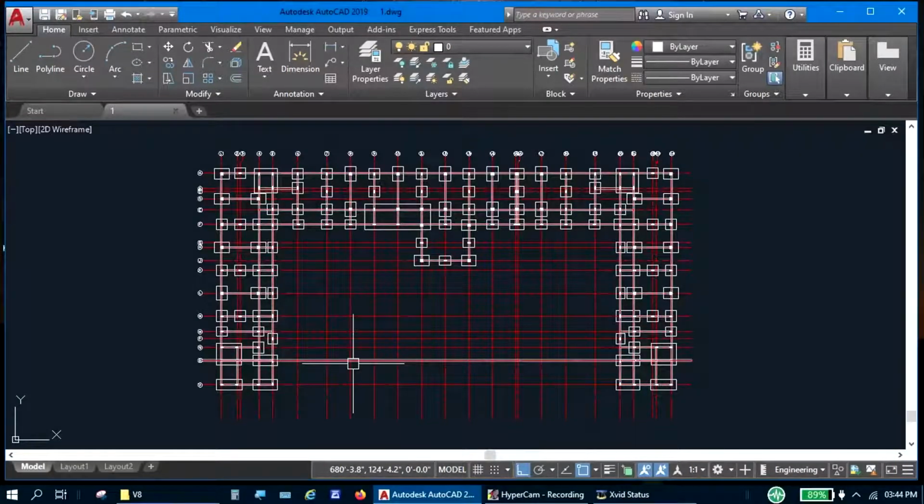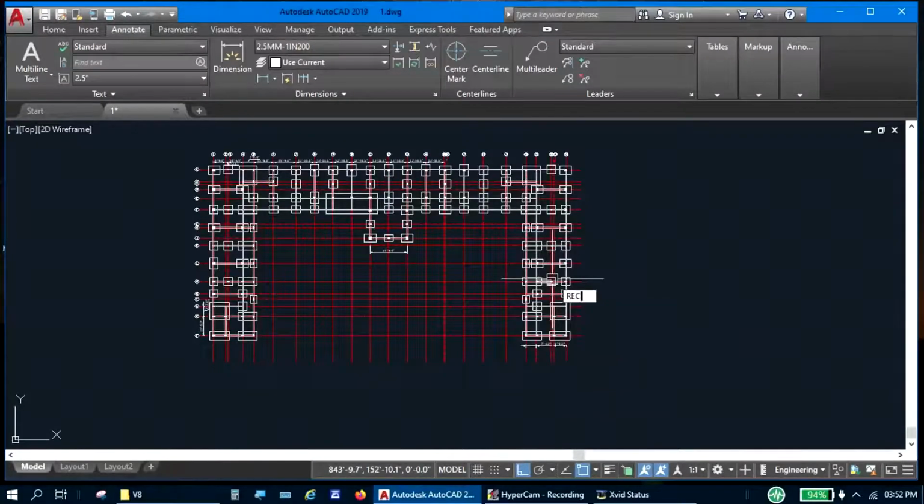I choose A3 paper size to print the drawing, but I need to find out the suitable scale. So I am going to draw a rectangle to the A3 paper size in inches.